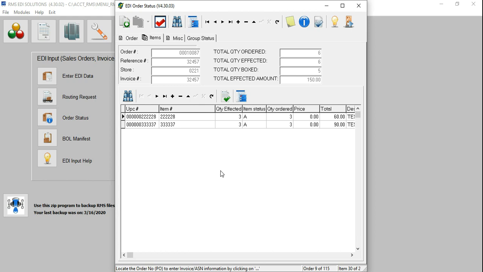And an 855 is basically you telling them, yes, I received the purchase order, and yes, it's shipping on this date, or you can reject it. Each one has its own code. All right, so in this case I'm shipping everything complete. Actually, I'm only doing 2 of that one, correct, based on what